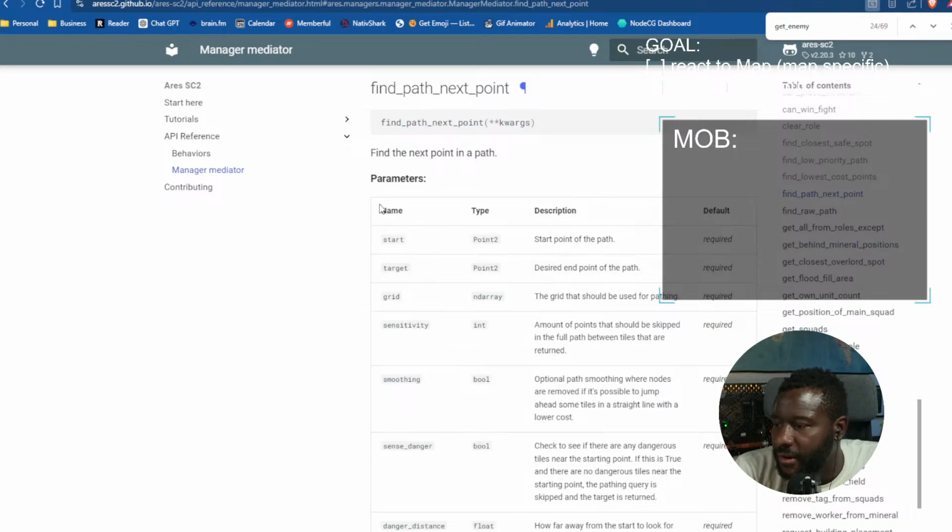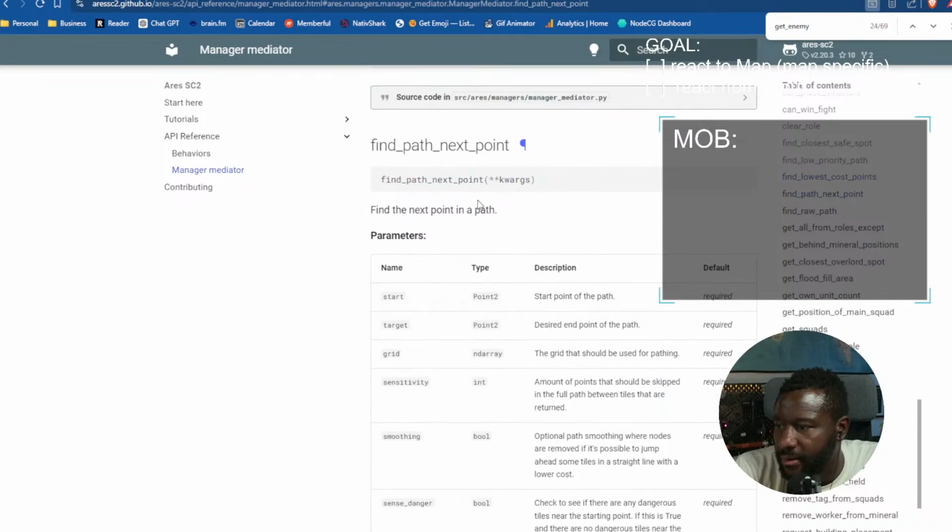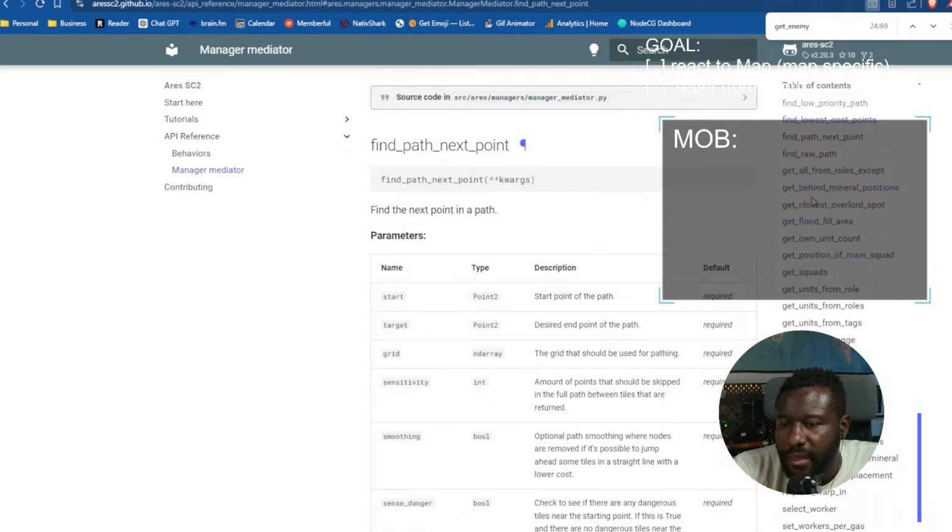This seems like a better move to target than just move to target. It just calculates a path. I might try this. This is useful. Okay,